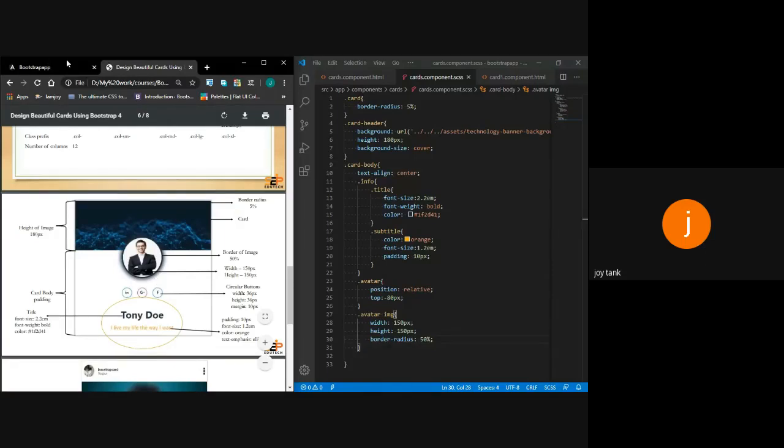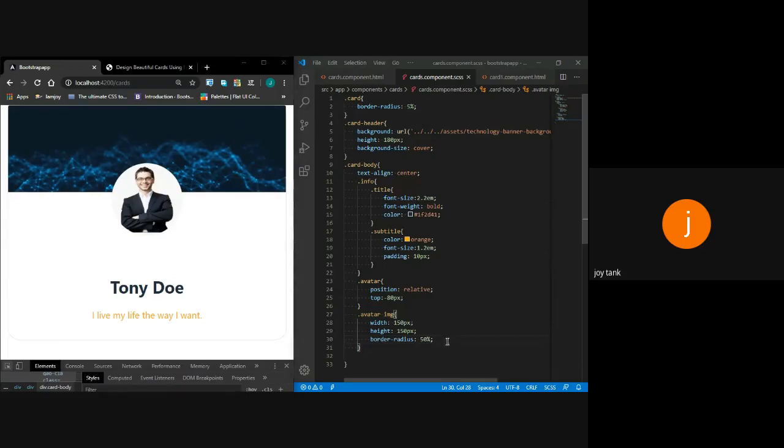So I will again use the property border, of 5 px, and I want it to be a solid border, and the color of it should be #1f. You can see that I have given a certain border to it, and it also appears in a circular manner.